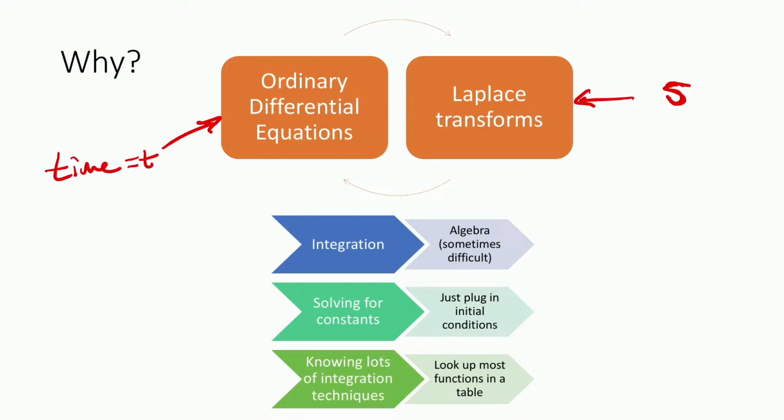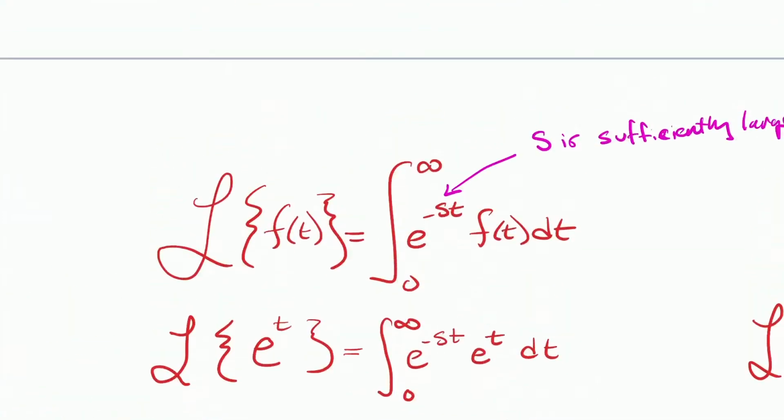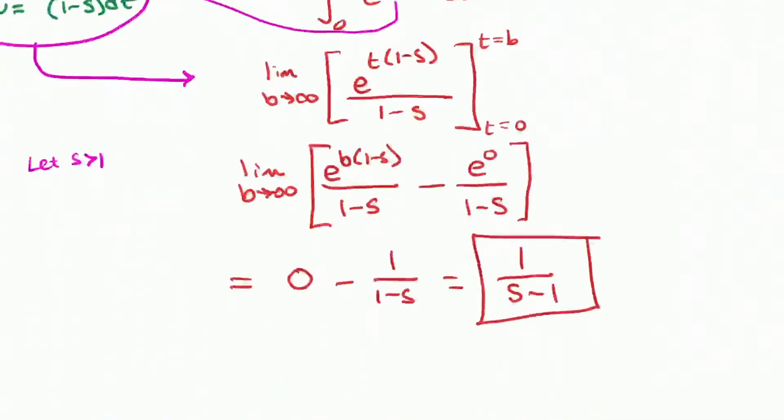So time, or whatever it is, we could call it time, or we could call it sime. No, that's dumb. Just time. Time is now s. S is the measurement for time. And so what that does for us is it changes the function. Since we've changed the way we measure time, now instead of saying that our function is e to the t,